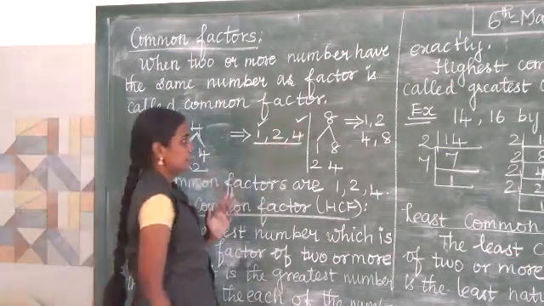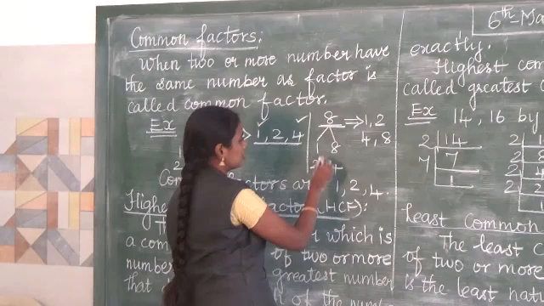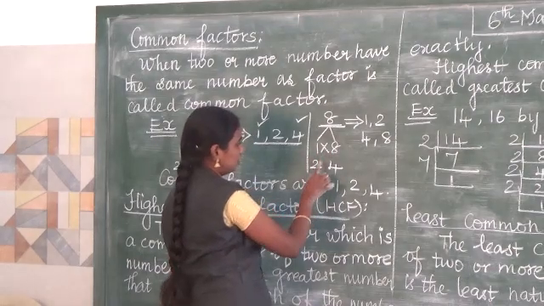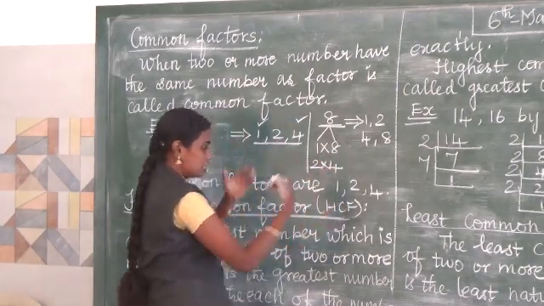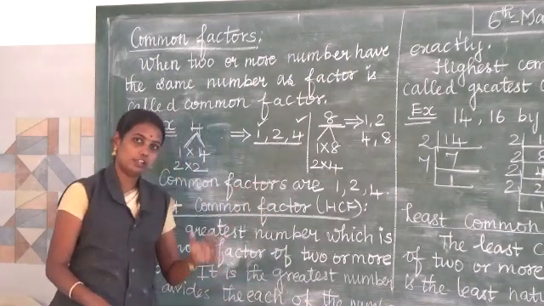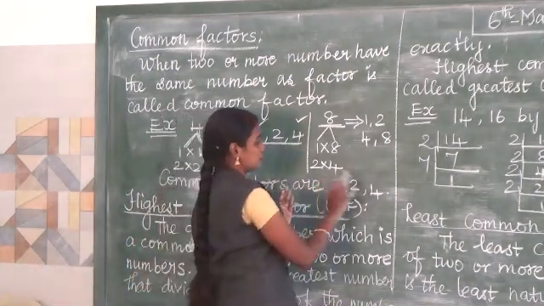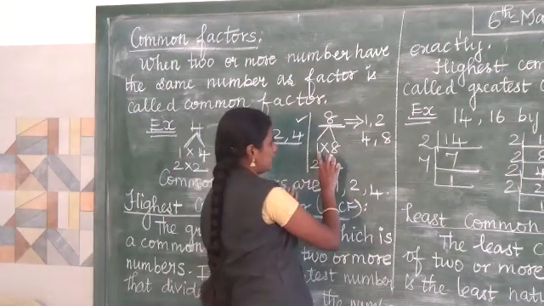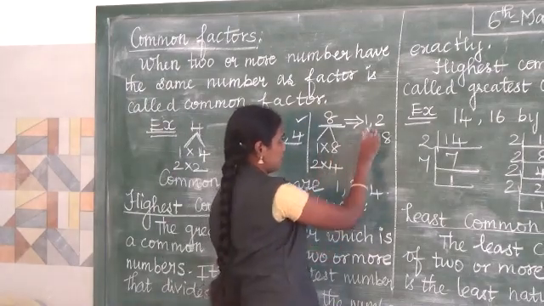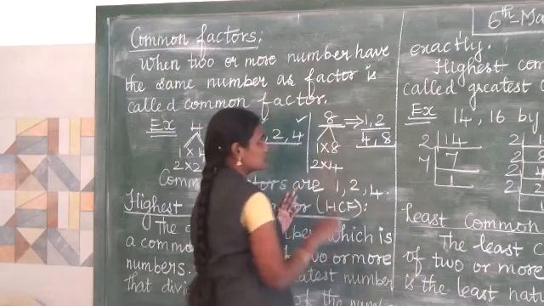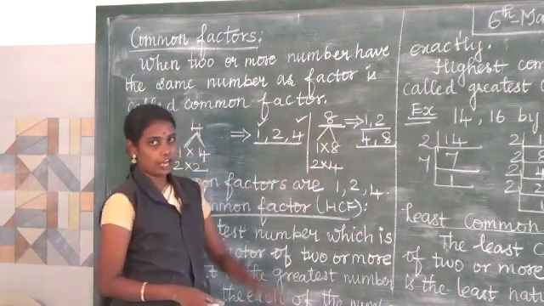Next we are going for the number 8. 8 will come in the 1 table, 1 8s are 8, then 2 4s are 8, then it will be repeated in the 4 table, 4 2s are 8, then 8 1s are 8. So the numbers repeat, so I stop. The factors are 1, 2, 4, 8. 1 and 8, and other than that 2 and 4.